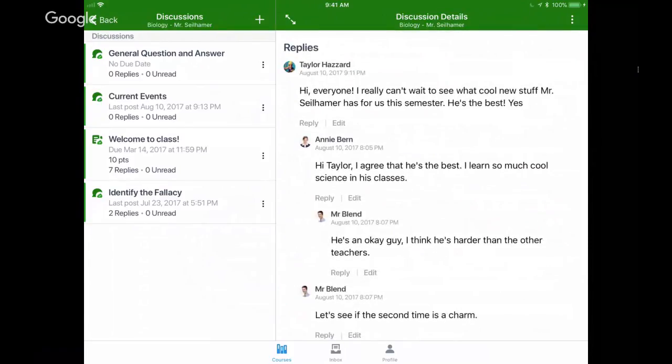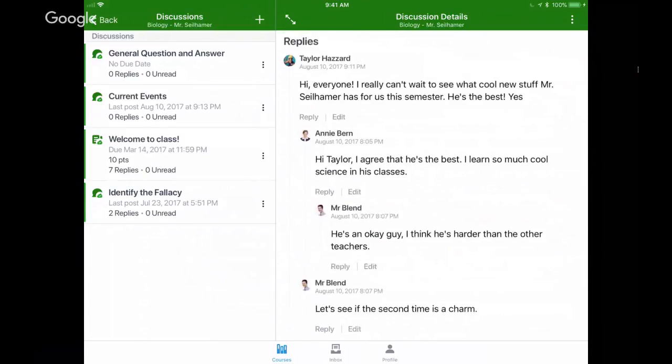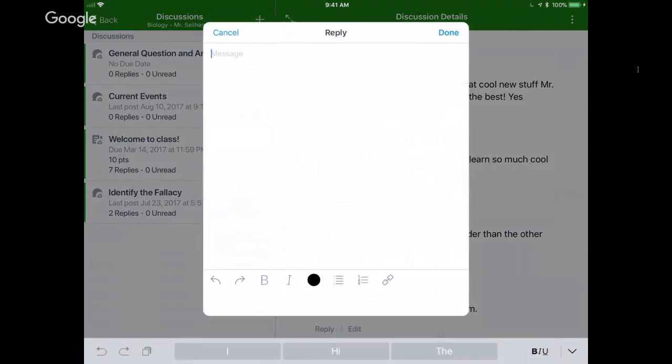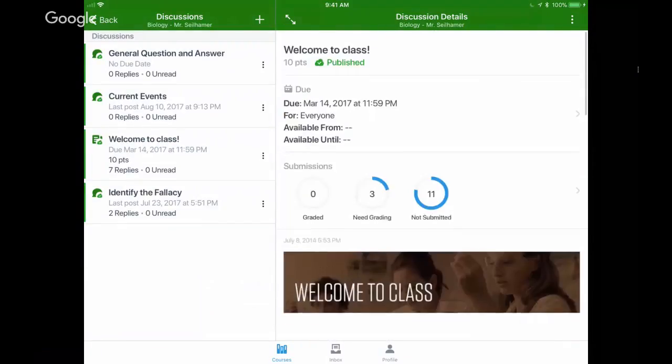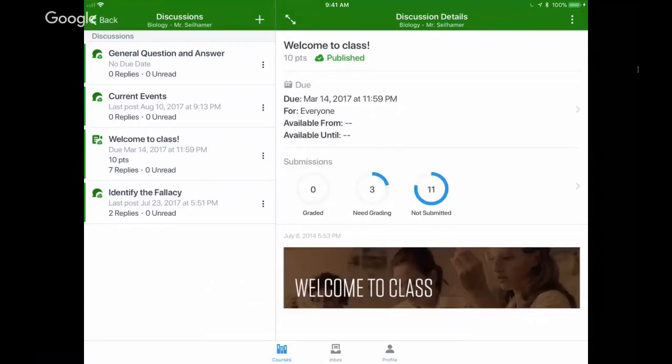You have your discussions. So at this point, as an instructor, I can go in and edit, or I can reply to anyone. If I tap reply, it'll bring up the same editor you see everywhere else. I can type something in, and I can also format as well. So this allows me to jump right into the discussion. And in the top corner here, you'll see these kebabs again. If I tap the kebab up here,